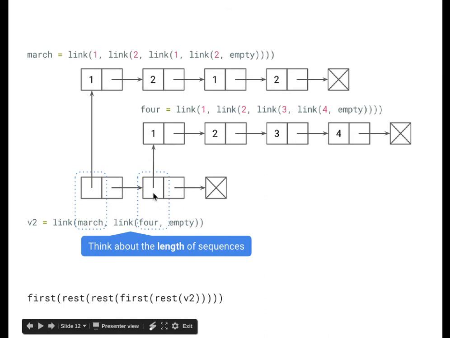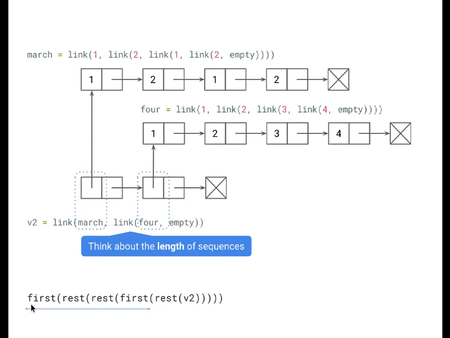We evaluate the operator of that, which is rest. And so really the first one we're going to do is think about what the rest of V2 is. So V2 we know is a reference, a pointer to this link right here. So when we call rest of V2, we'll say this is V2, and the rest is a little arrow to this link. So rest of V2 is really this link right here. Rest of V2 is an arrow to the next link. I want you to remember that.